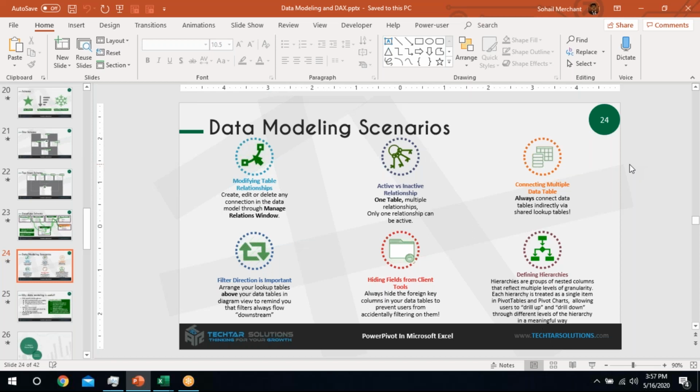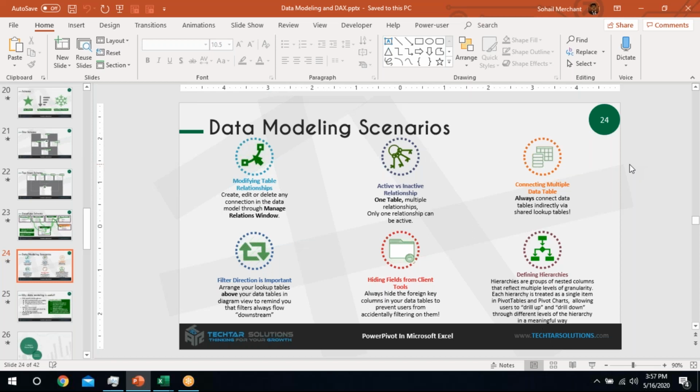Before that, we have understood how we can convert denormalized data to normalized data. Then we went through the 3 steps to do this conversion of denormalized data into normalized data. After that, we have analyzed and understood the data modeling in Power Pivot.